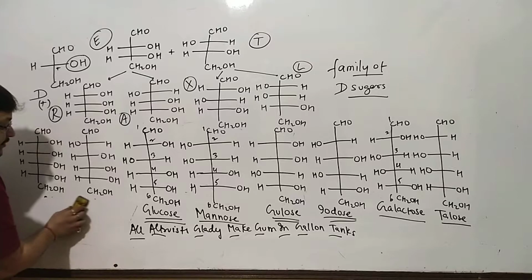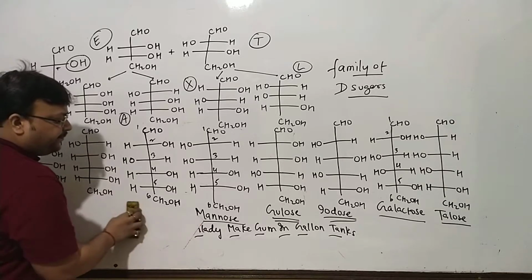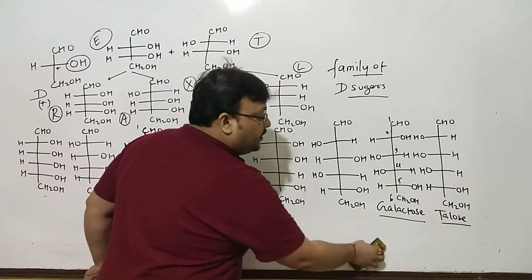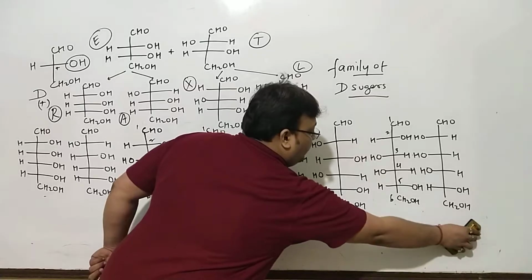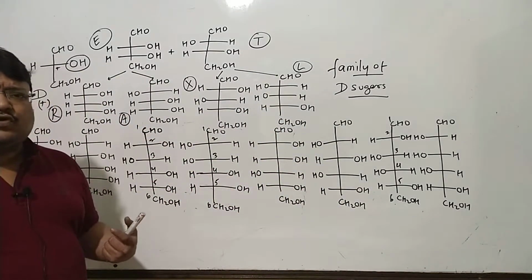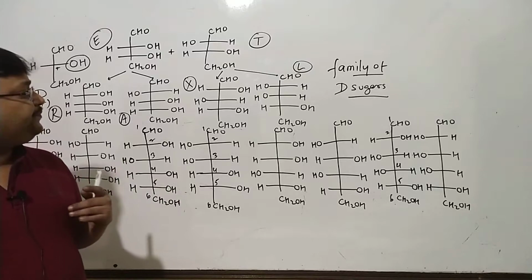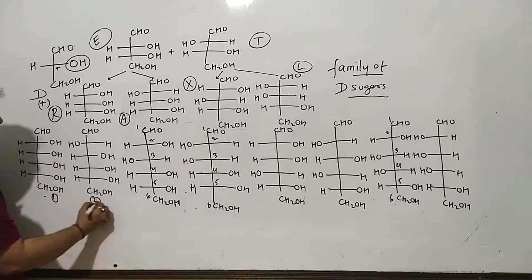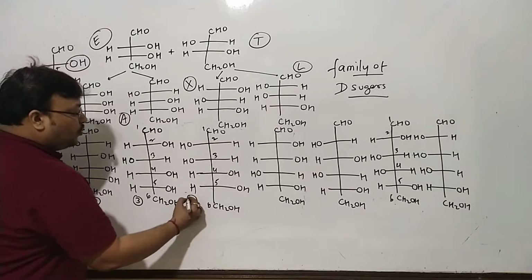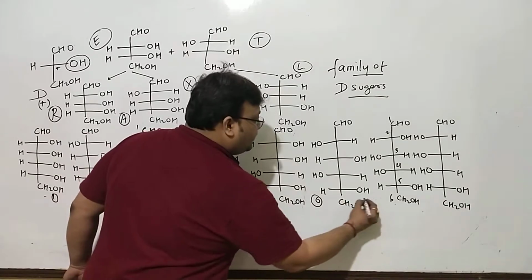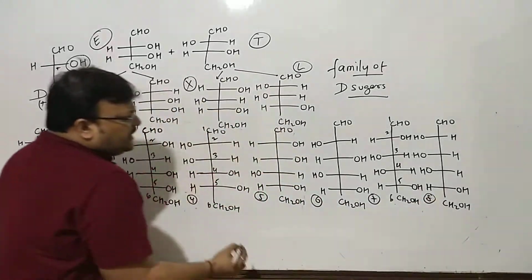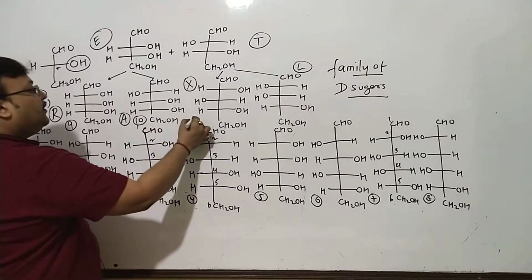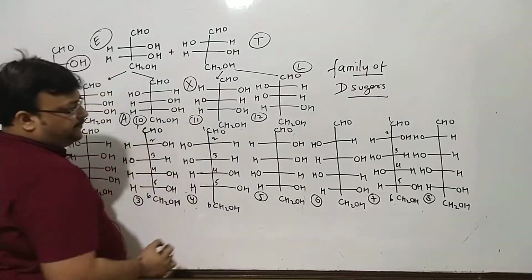And instead of the names, I'll number these structures, because I did tell you all of them were not discovered when the structure of glucose was being worked upon. When Fischer was working upon the structure of glucose, all the carbohydrates were not known. So instead of the names, I'll call them structure 1, 2, 3, 4, 5, 6, 7, 8. I might need some aldopentoses as well, so I'm going to call them 9, 10, 11 and 12.